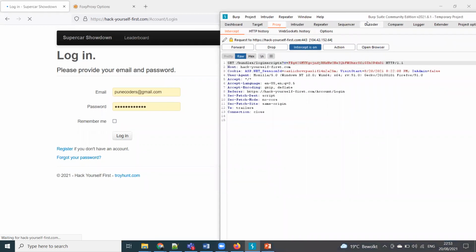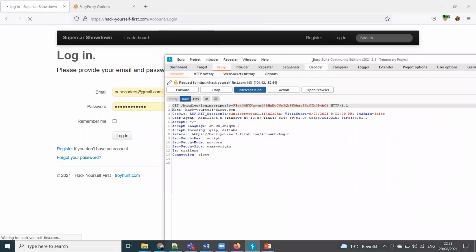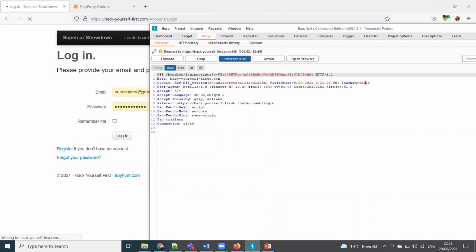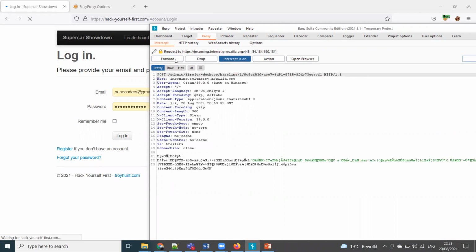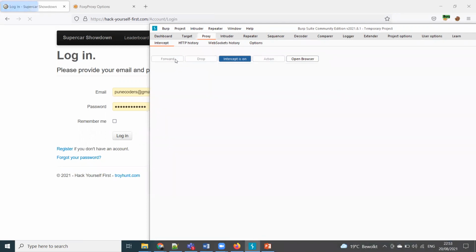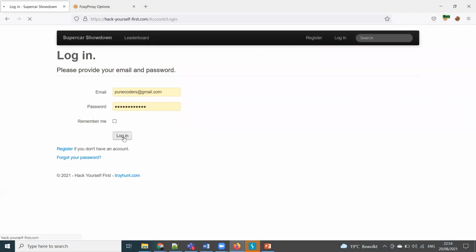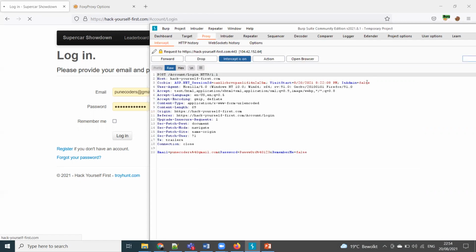So see here, is admin true? False. So I see is admin equals false. That means I believe if I change it to true, maybe they will give me access as admin. Let's see. So I'm just forwarding, log in here. Okay, again, is admin false?